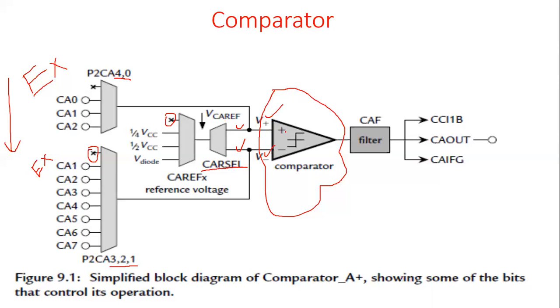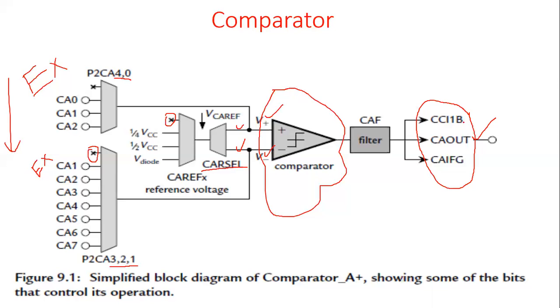Once these signals are applied, they are sent to the filter. What is the need of the filter? The filter reduces noise which has high frequency. That means high frequency noise signals are eliminated, and then it is sent to the output. But here this output can be used for three purposes. One is, as usual, you can use it for any external purpose.